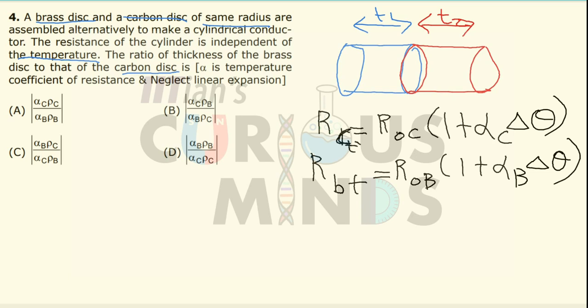So now when I add both of them, the total resistance will be